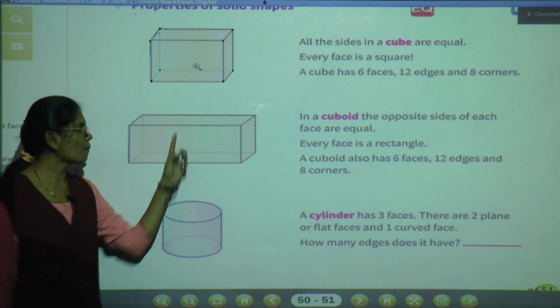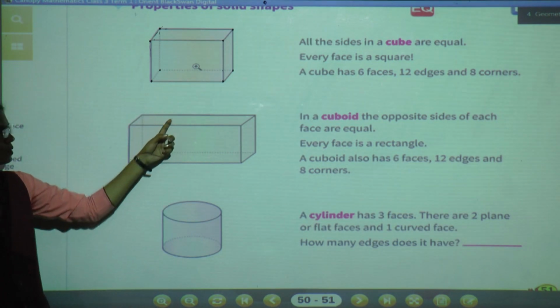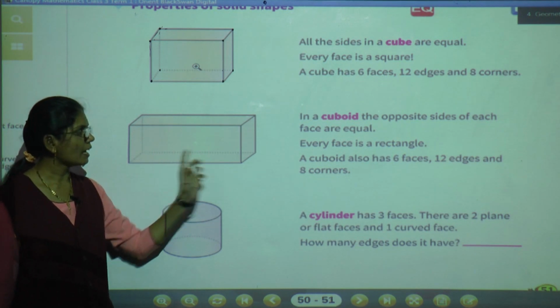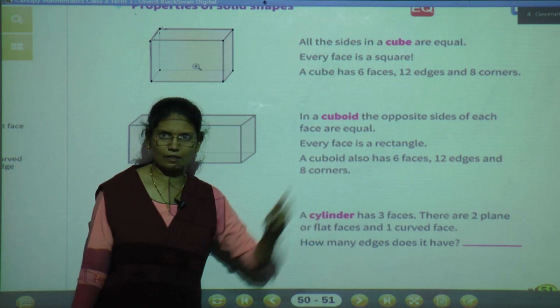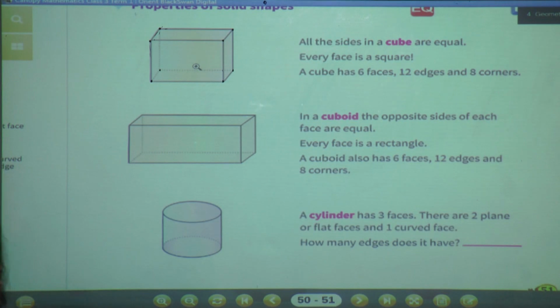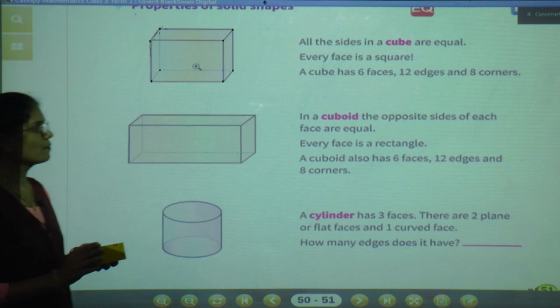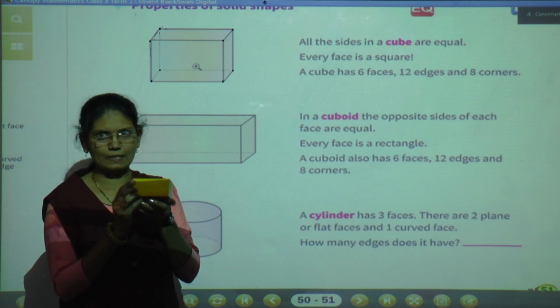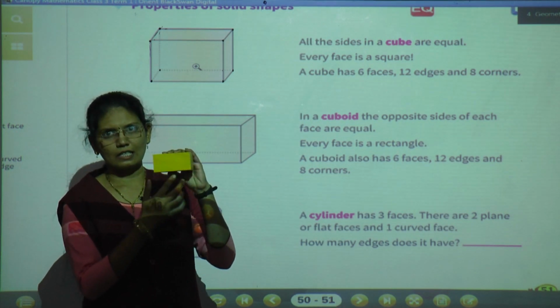If we see the opposite sides, only opposite sides are equal, not all the sides are equal. Every face is a rectangle. Why are only the opposite sides equal? Because every face is a rectangle, and in a rectangle only